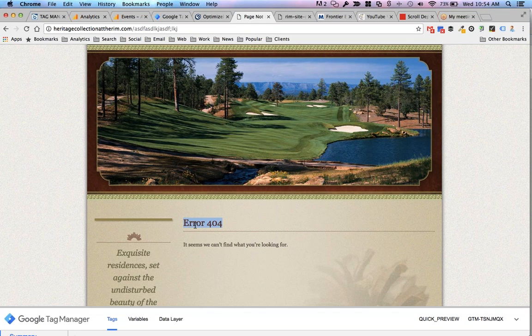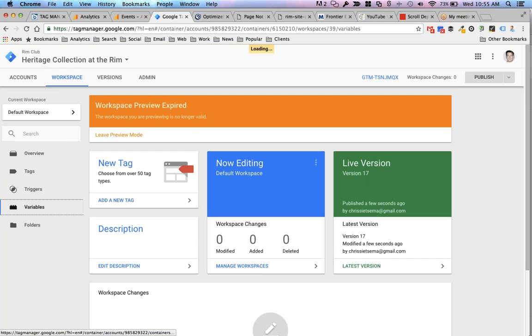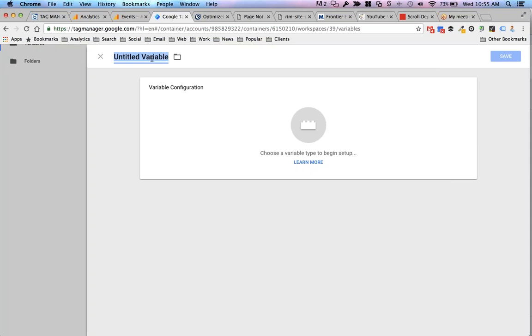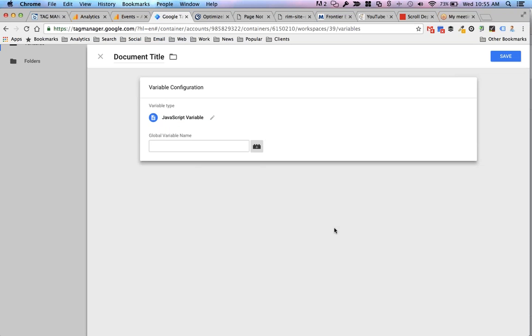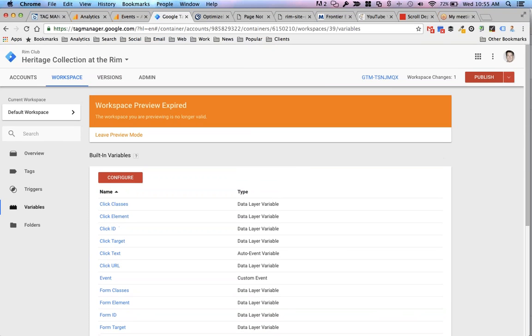The header is error 404. That's something that you can distinguish. With this type of thing, what you can do is create custom variables to pull in the title. So for example, let's do that real quick. I'm going to create a new variable called document title. Now this is a little bit more advanced, but it's a JavaScript variable, and the global variable name is document.title. If I hit save on that and I publish it,